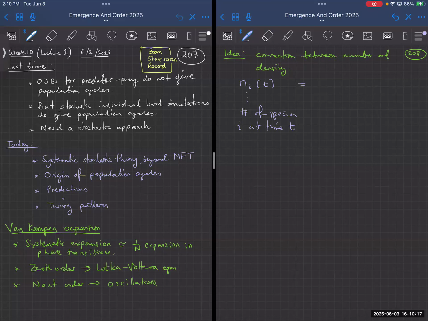And I'm going to write that as the volume times the density. That would be mean field theory, just an average density. But now what we're going to do is look at corrections to that, and I'm going to write those corrections. It turns out that the way to do it is a descending power series in square root of volume. So it goes as square root of volume, then a term which I'm going to call psi I,